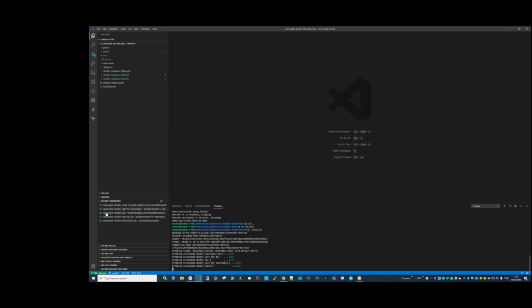And I can see over here on the left-hand side that I've got some containers that are starting up. What's happened now is we've fired up one of our key components in SECURABLE, a system called Vault, which is a secret storage engine, and that is a complicated beast to start with and to work with. What we've really done with SECURABLE is put a lot of effort into taking that heavy technical complication and making it a lot easier to consume.